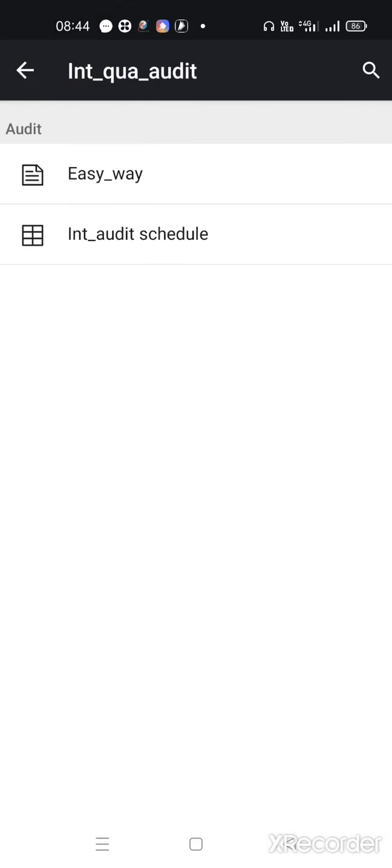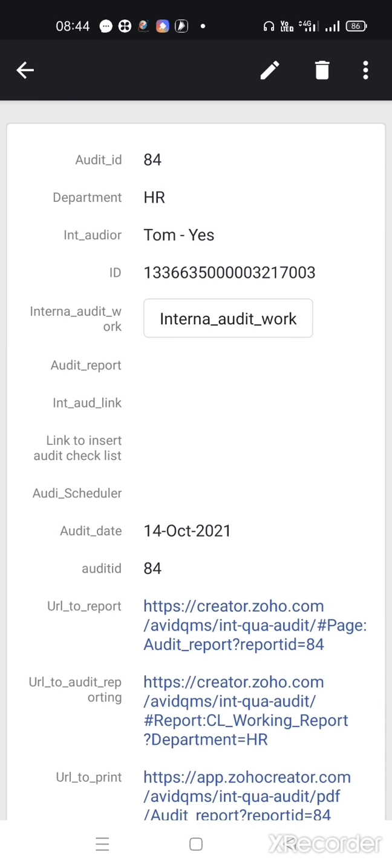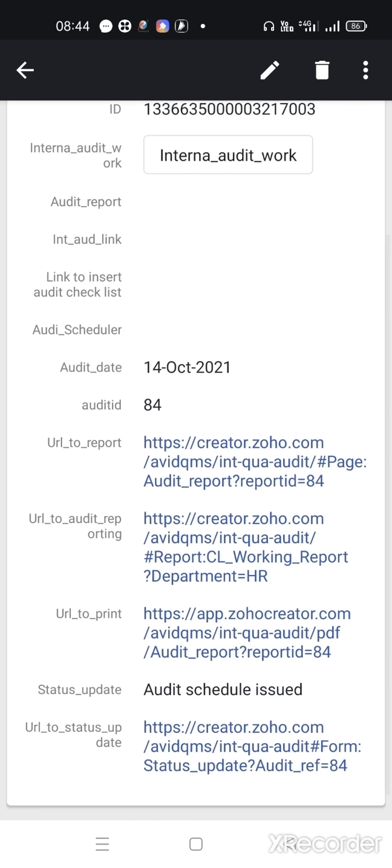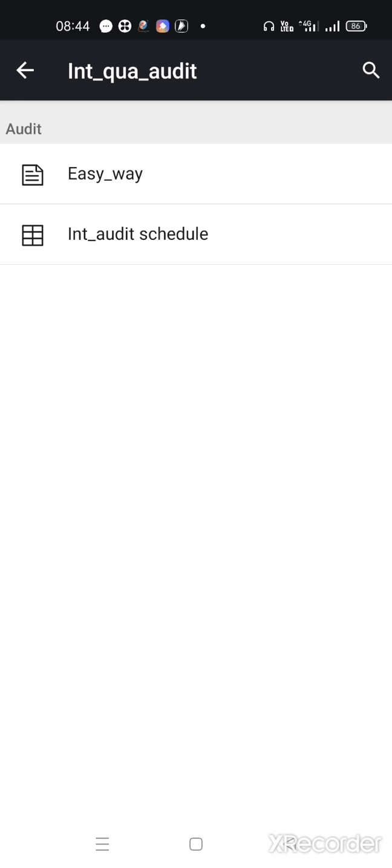Either you click the Easy Way or click on the internal audit schedule. So we have the schedule here. Now we have to assign the check sheet, the HR department check sheet, for this particular scheduled audit. That one is in the first Easy Way page.